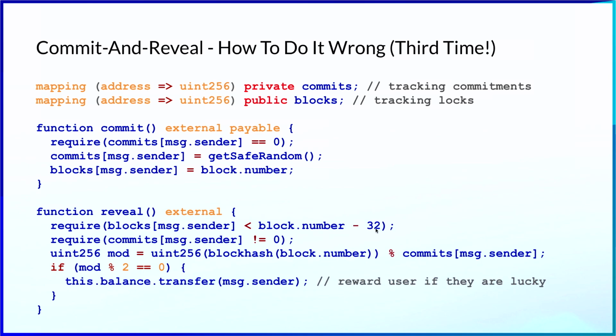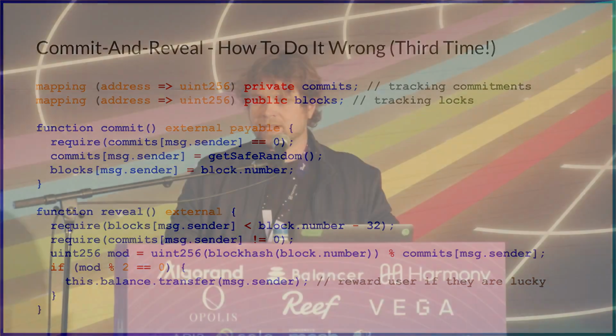This number 32 in here, that's a very arbitrary number. I just chose 32. The point is that you would want to choose a number that is high enough so that Flashbots cannot guarantee or reasonably assume that they would be able to mine so many blocks consecutively themselves as the single miner, right? Because if you imagine that Flashbots were able to acquire sufficient hash power in the network so that they have a solid chance of mining, let's say, 2 consecutive blocks, and you only enforce that the commit happened in the past block,